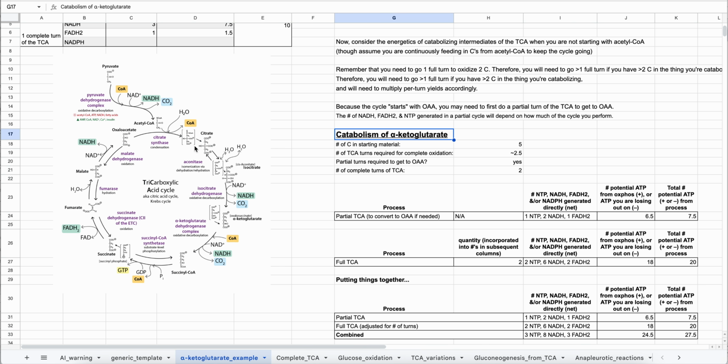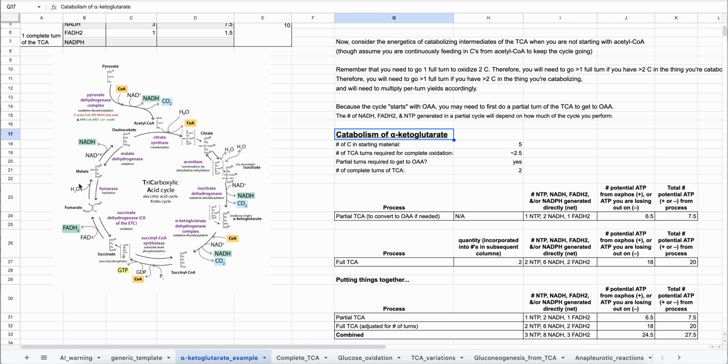Because the things in the cycle are only 4 carbons or more, if you put in a TCA intermediate, you're always going to have at least 2 turns of the cycle. If you put in oxaloacetate, you're only going to have 2 turns. If you put in anything else, you're going to have more than 2 turns. In the case of some of these, it's just going to be a partial turn. Like if you put in one of these 4 carbon compounds, you can still be generating reducing equivalents, but you're not going to have carbons lost on this side of the cycle,